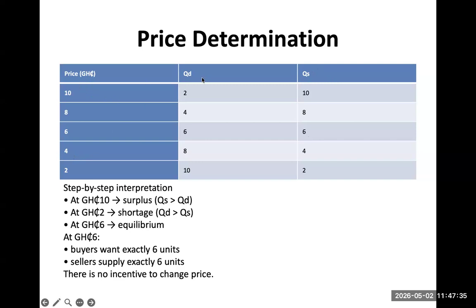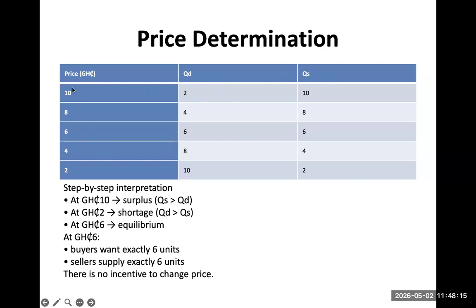According to the law of demand, at the higher price, less is being demanded, and at the lower price, more is being demanded. Now, according to the law of supply, at the higher price, more is being supplied, and at the lower price, less is being supplied. So when we say that the firm is in equilibrium, we are saying that it's the point at which demand equates to what? Supply.